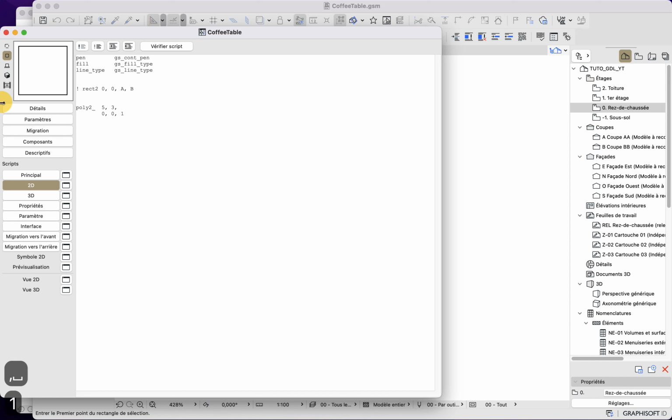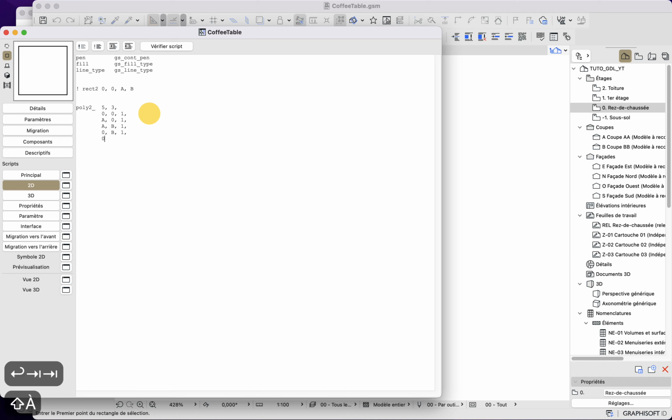So here the first one will be 0, 0, and I want to draw the next edge, so it will be 1. If I do not want to draw that edge, it will be 0. The next corner will be the bottom right one, then top right, and then top left.